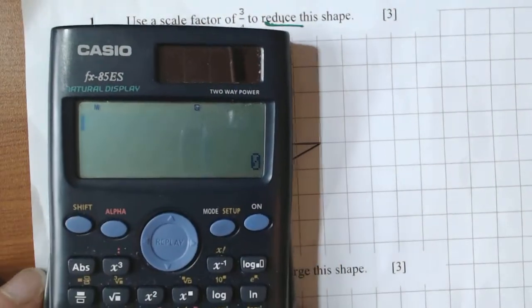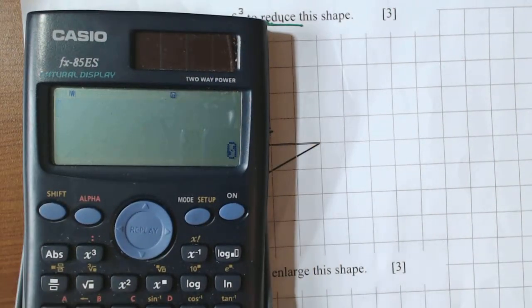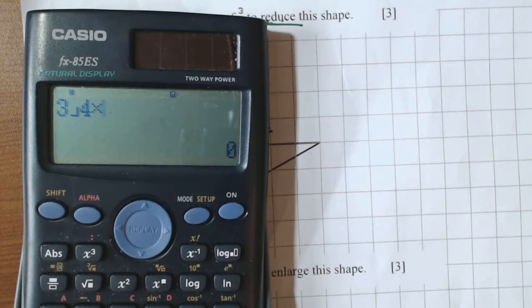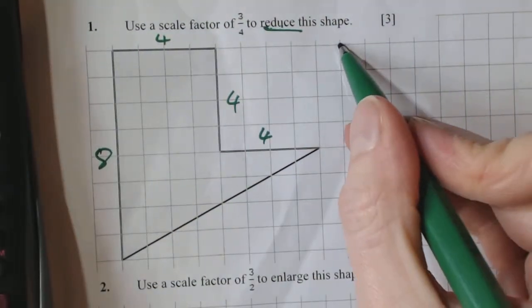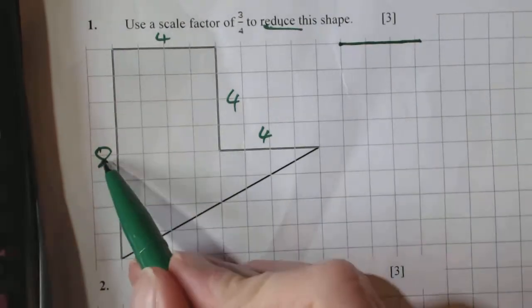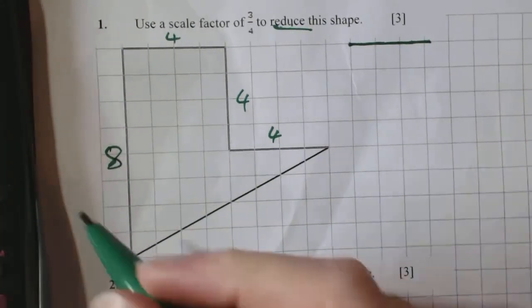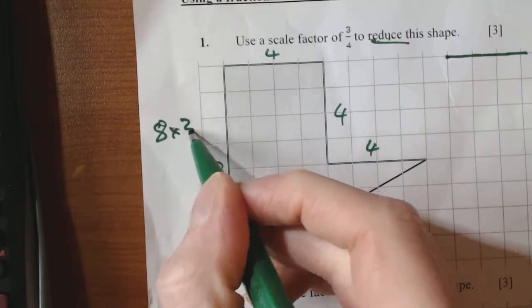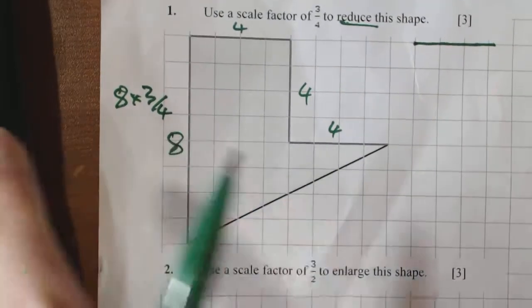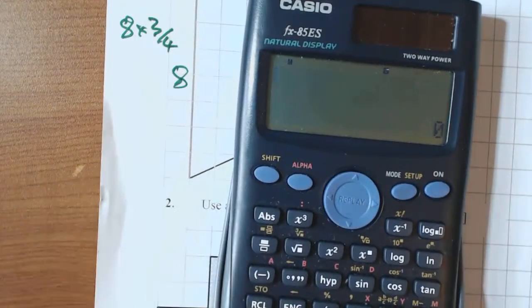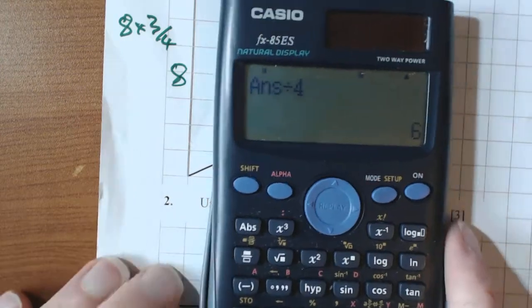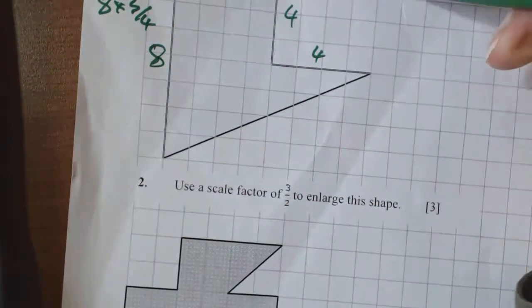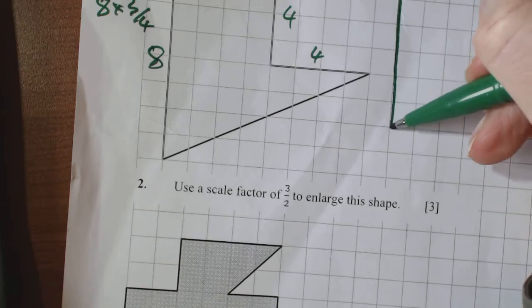Now, you should hopefully be able to do this in your head, or you could say 3/4 times 4, okay? And that's 3, right? So we know this is 3 along, or you could say that's 8 times 3 divided by 4, okay? So to get 3/4 of 8, 8 times 3, and then divide that by 4, that's 3/4 of 8. So I just then need to go to that, so that's 6,